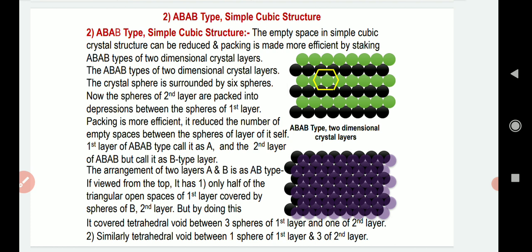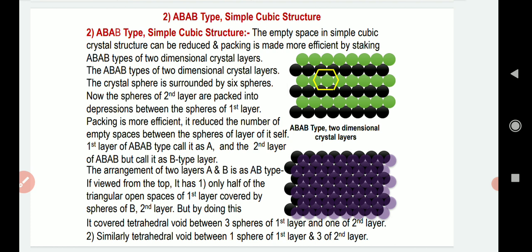Again, after the black spheres, the third layer is arranged. This arrangement is in 2 dimensions, the figure that you can see. Again, the green layer that comes is matching with the first layer. The fourth, black colored layer is matching with the second black colored layer. So in this arrangement, we have A and B, again A and B. Such layers are produced.